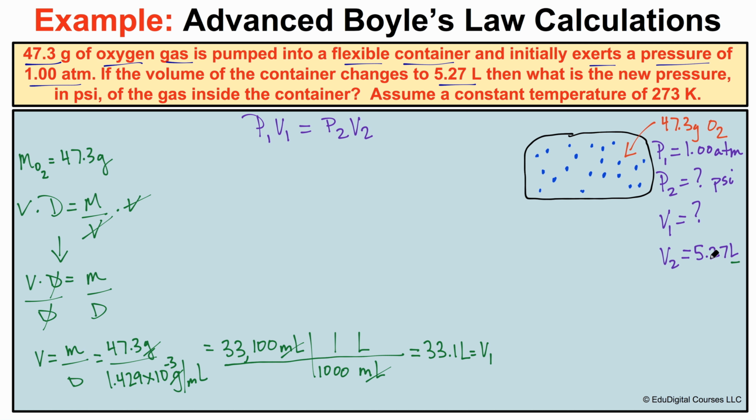So initially we can see that the volume of this container is 33.1 liters. And what's happening to this container over time? Well, if we take a look, the container is going from 33.1 liters to 5.27 liters. So the container is getting smaller, right? So here's our new container right here,